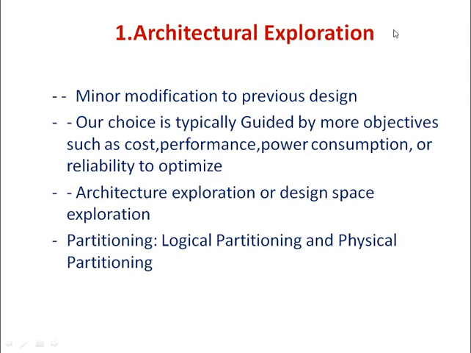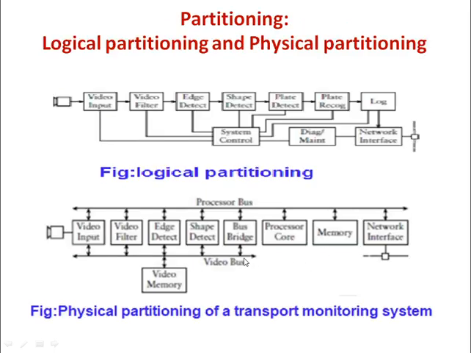We came to know what architectural exploration is and what ideas have to be taken out. We came to partitioning here, logical partitioning and physical partitioning. Let us see. To clarify the logical partitioning and physical partitioning mapping, he has taken an example, that is system partitioning. We are going to map logical structure onto physical structure as shown in the figure here. This is the logical partitioning, this is the physical partitioning. We are going to map this logical partitioning into physical partitioning.